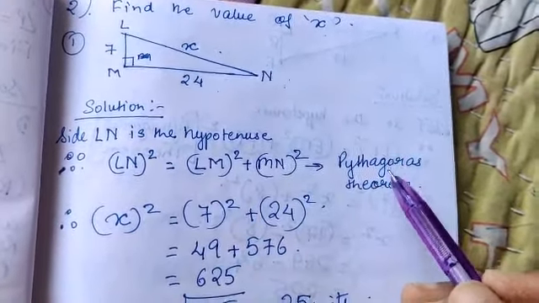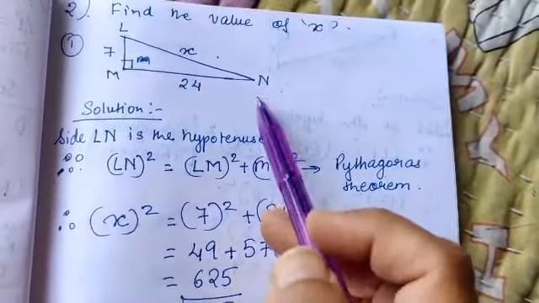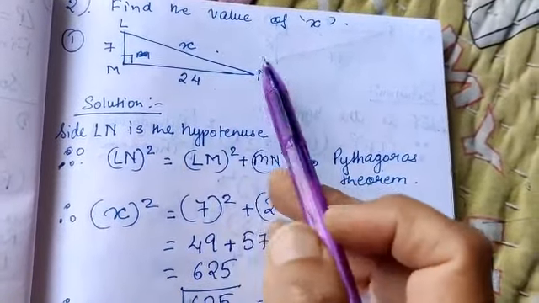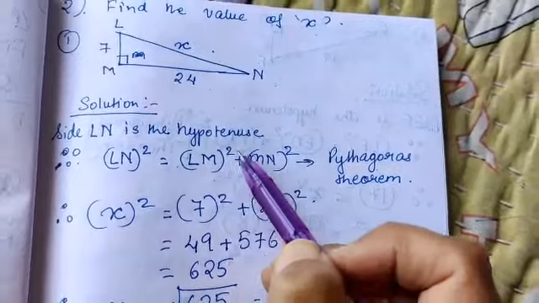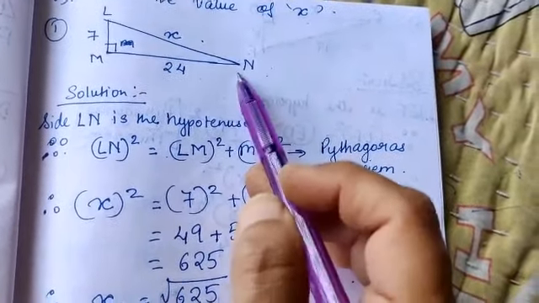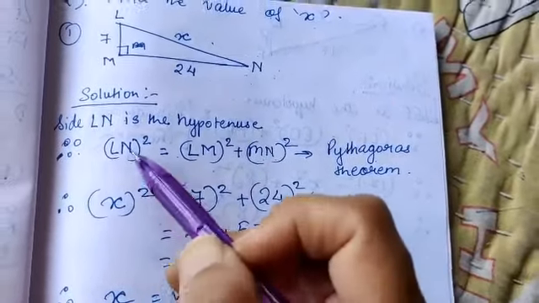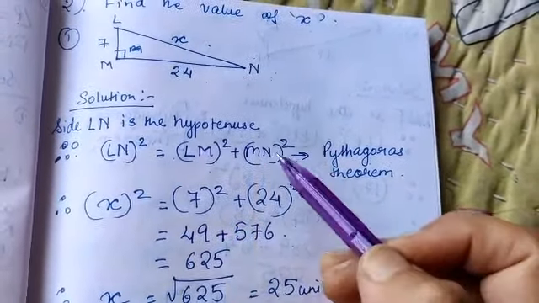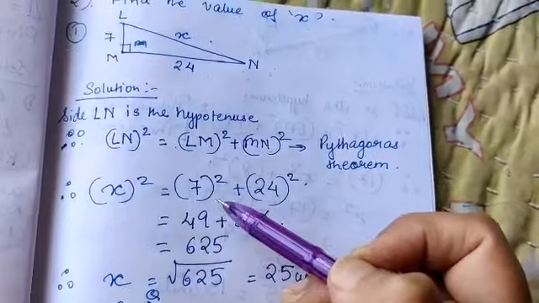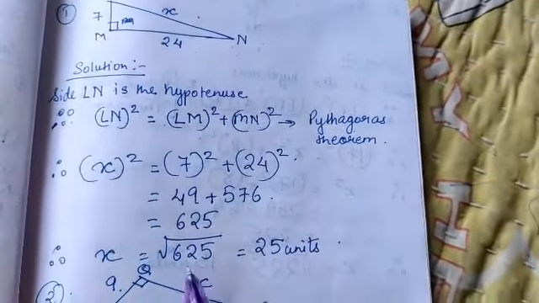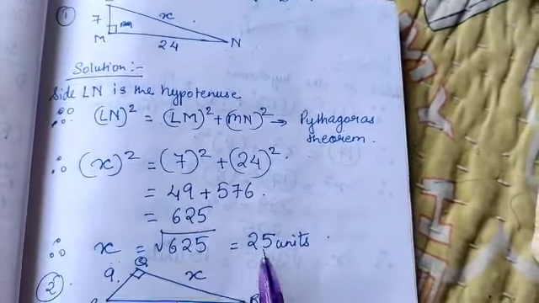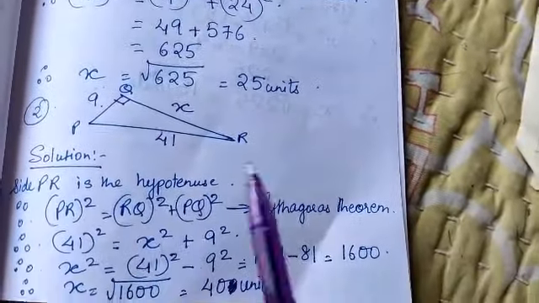We know via Pythagoras theorem that LN whole square, that's the hypotenuse whole square, is equal to LM whole square plus MN whole square, which is the sum of squares of the other two sides. Now here we just substitute the given values. x square is equal to 7 square plus 24 square and we find the value of x, which is 25 units. And the second sum says